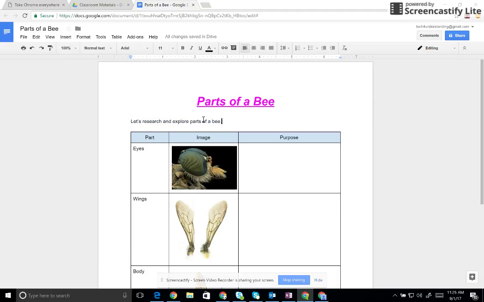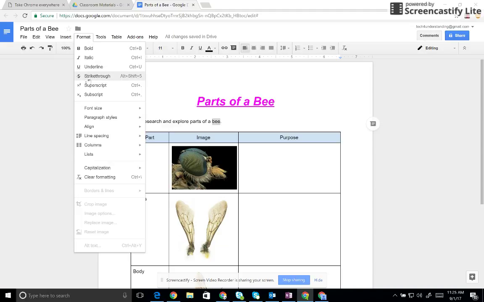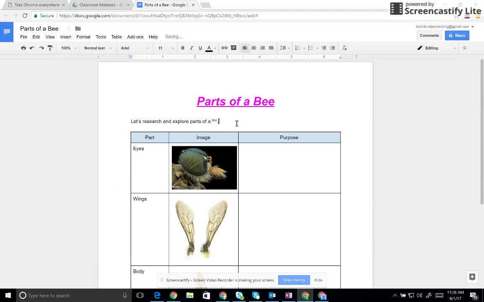Now, let me do a little piece of this. So let's take this part, the B, and let's go format, superscript. So let's say I wanted to do a math equation. I wanted to do x squared plus 2x squared equals